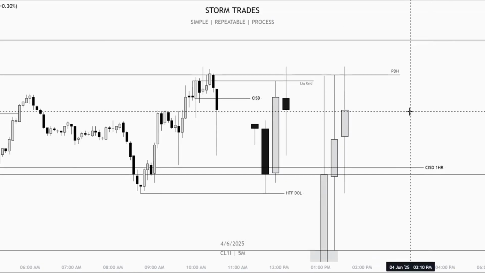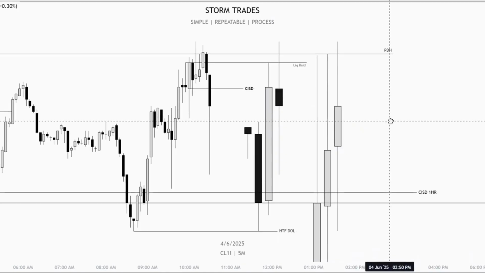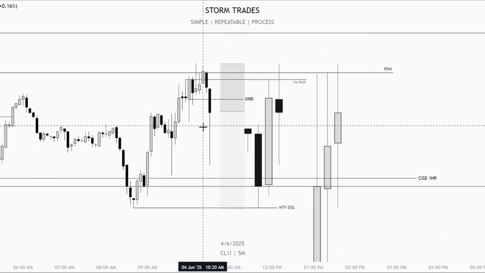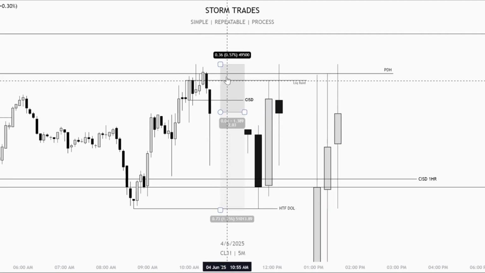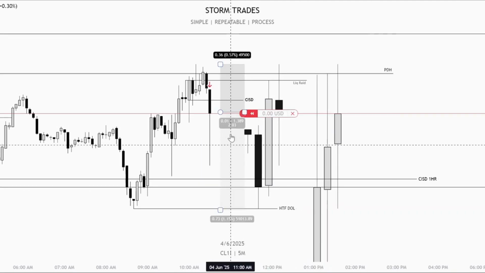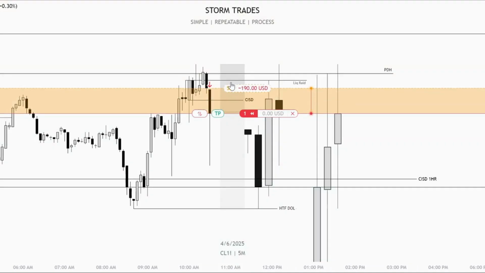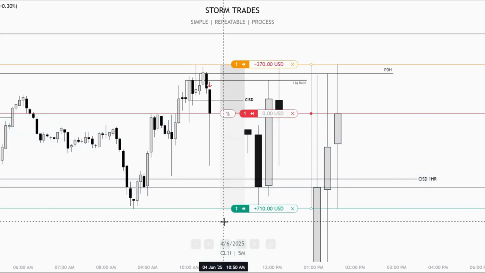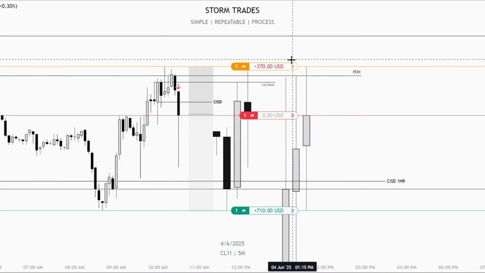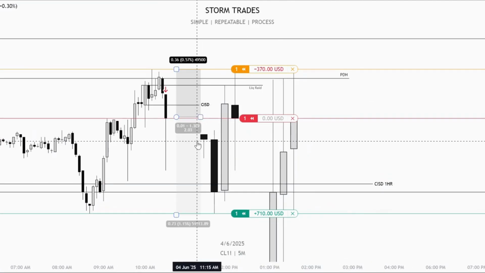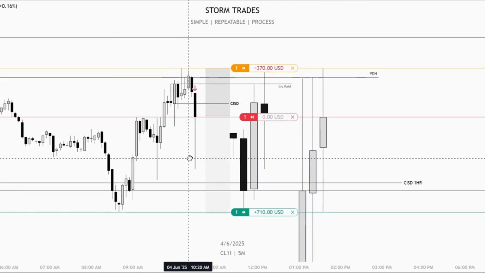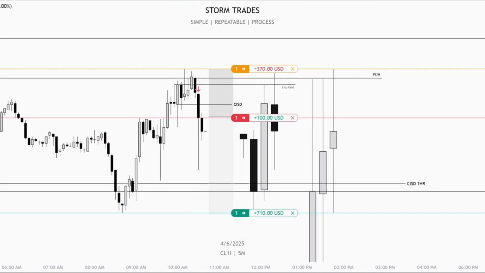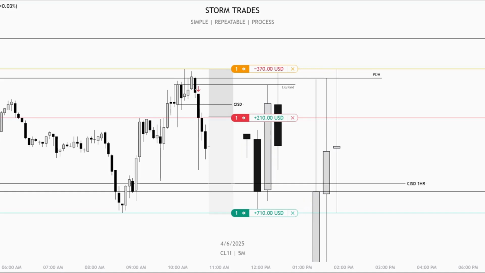I don't expect us to go all the way down there. I don't need us to, to have a profitable trade. I did enter at the close of this down close candle with a stop at the swing high and targeting the hourly swing low. This is over a 2R trade, but it's right there at 2R. And let's see what happens. Price moved pretty aggressively. We had no drawdown,